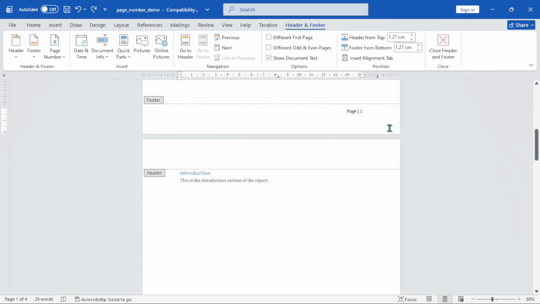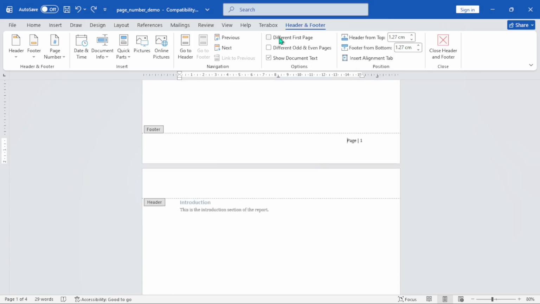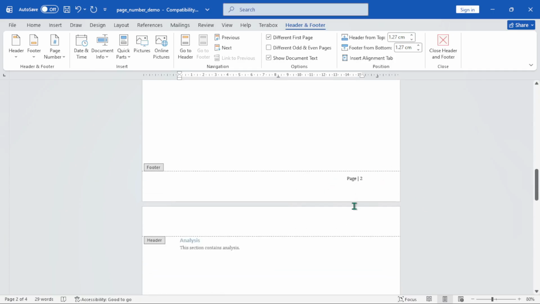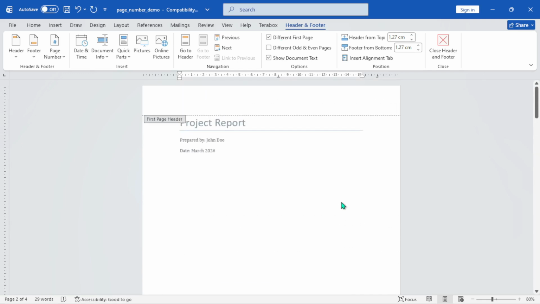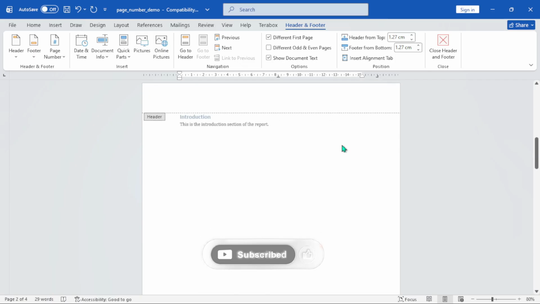Double click on your footer, then immediately you see this option. So we want the first page not to be named. We'll say differentiate first page, and just like that, first page will not be labeled. Now the issue is your cover page has no number, but we want the next page to start from number